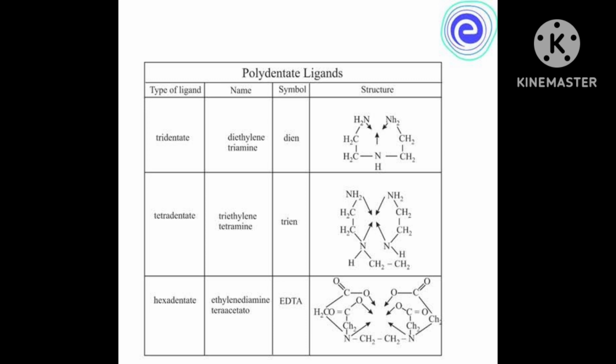Representation of bond in a different direction. Generally, front, back, and left and right. For the left and right, in the back side you can use this dotted line, and for back and front an ordinary line, and for left and right a complete dark line. Okay, this is the representation of